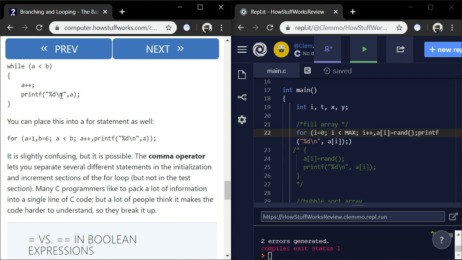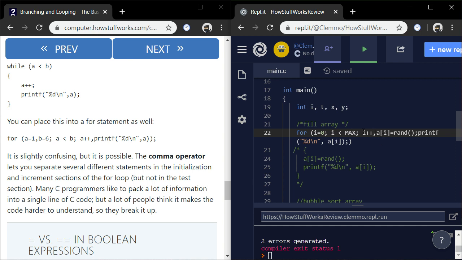It's the printf I don't expect. Nobody expects the printf statement in the looping code because it's usually put into its own curly brace. So it's clearly just a problem with the comma.